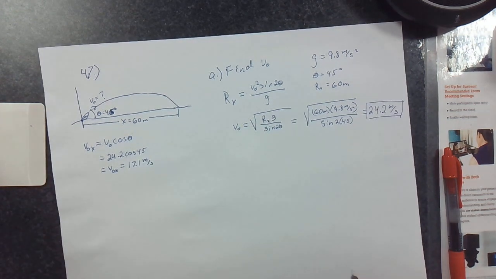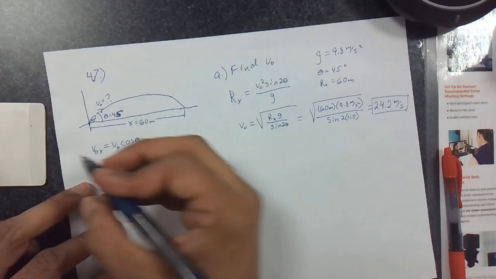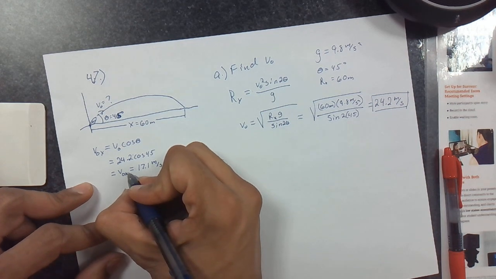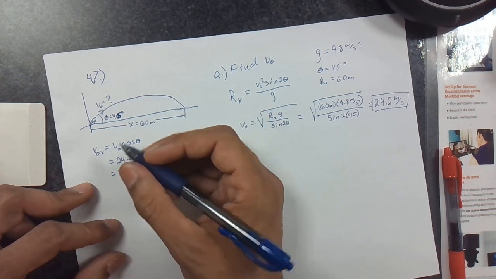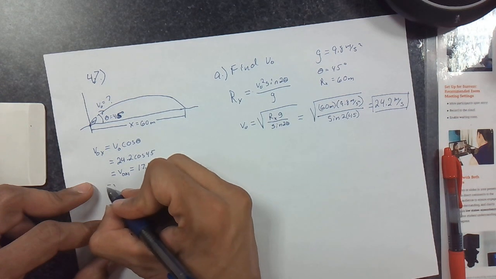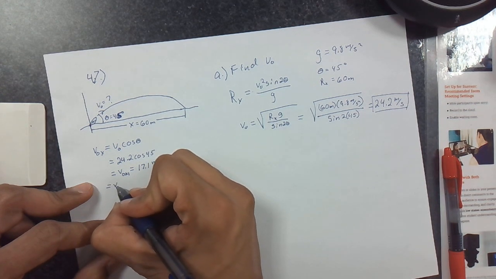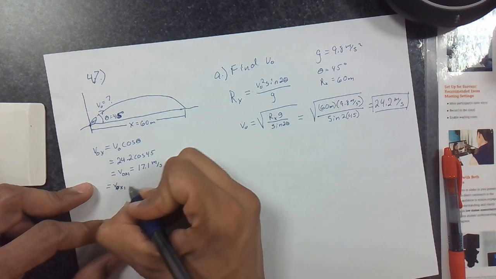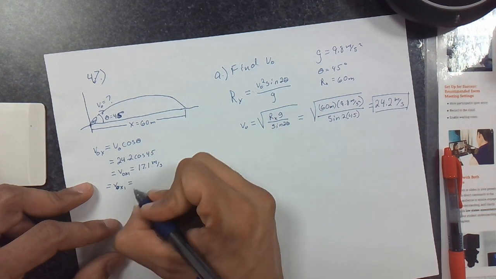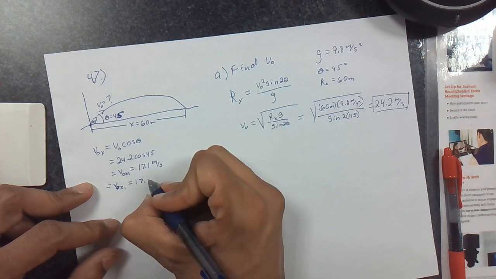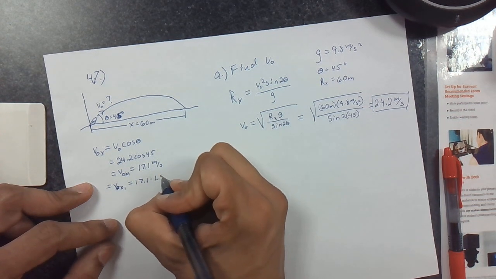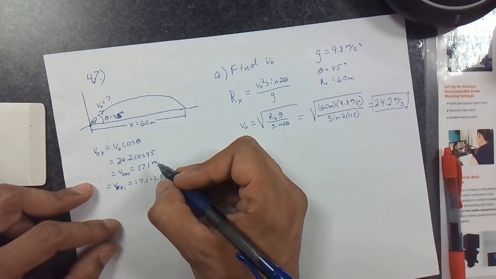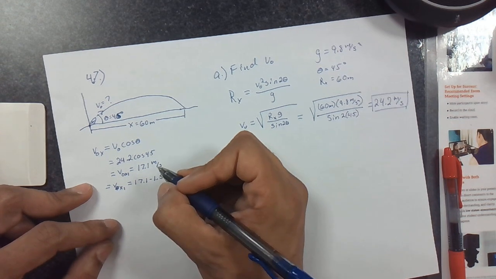But in this problem at the top, the X is disrupted. So we can make this V naught X 1, and then our VF in the X direction 1 is equal to that minus the 1.5 meters per second, which gives us